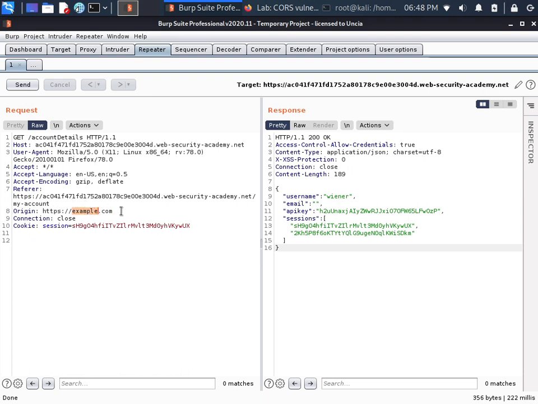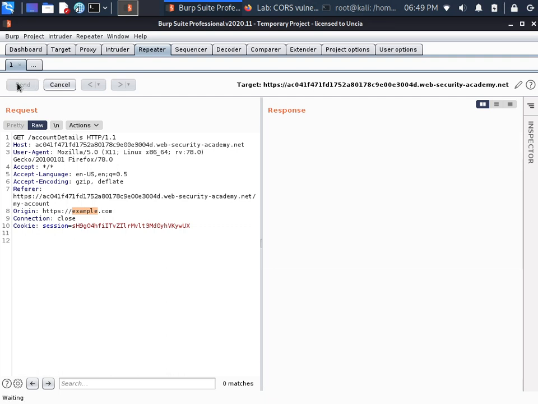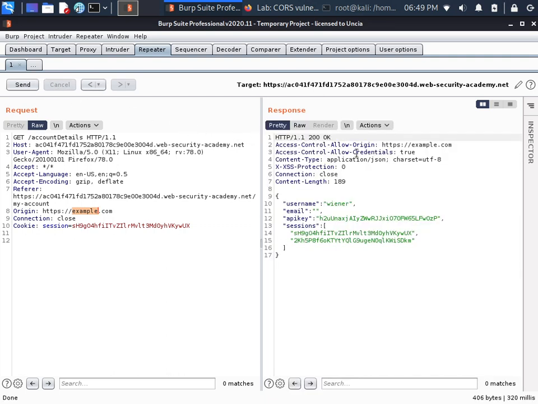If example.com is reflected in the Access-Control-Allow-Origin header, then there might be a CORS vulnerability here. So fine, let me send it and wait for the response.